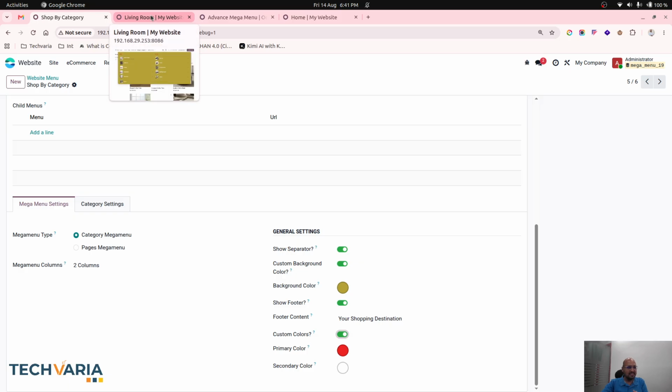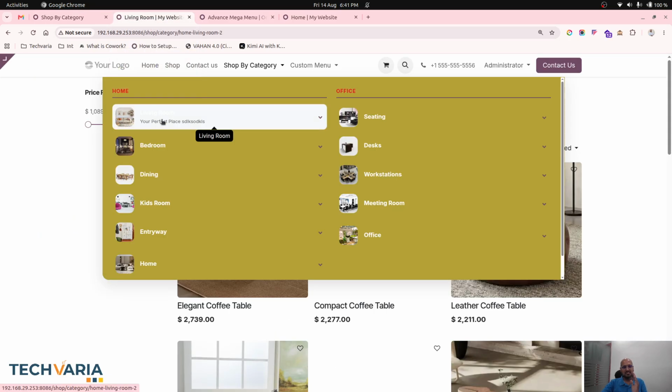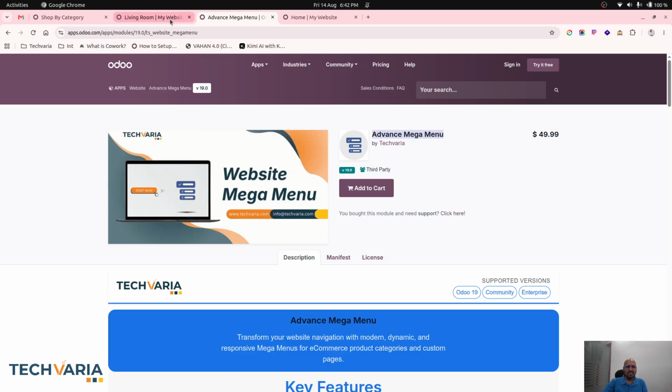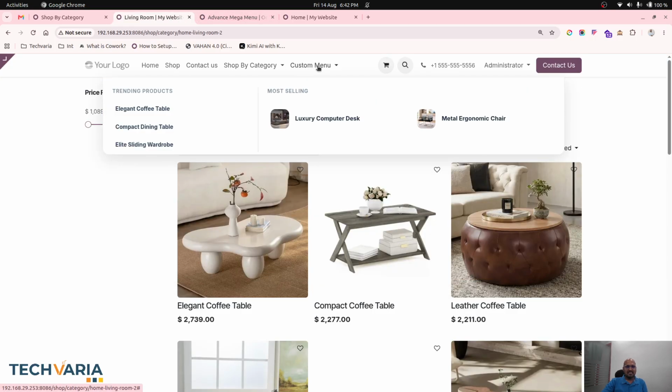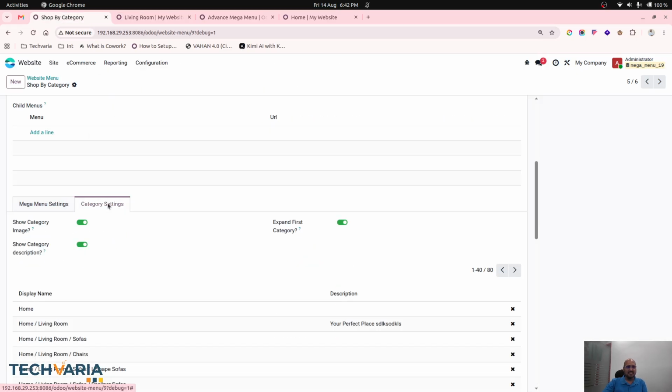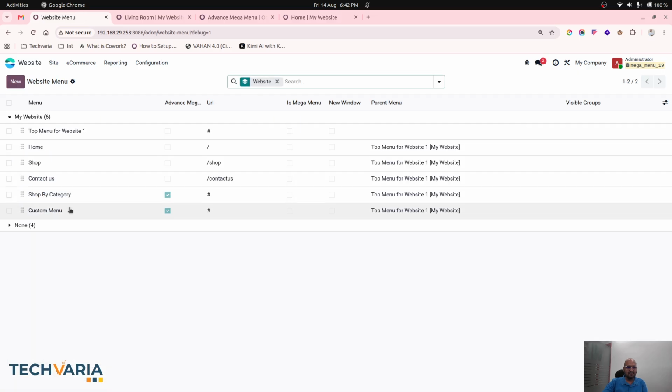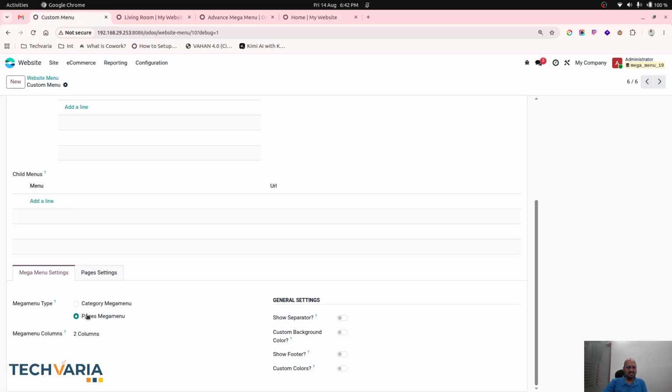It is giving you a lot of facility to include images and a number of hierarchy levels and some more features to give a grand user experience to your visitors, your customers on your e-commerce store. The second feature which I would like to show is the custom menu. You can see there is a two-column custom menu also that we have built, which is a part of this only. Over here we have built another menu, that is the custom menu, and over here we have selected this